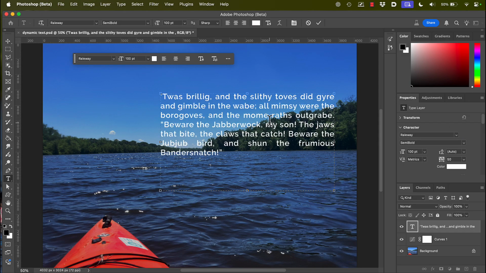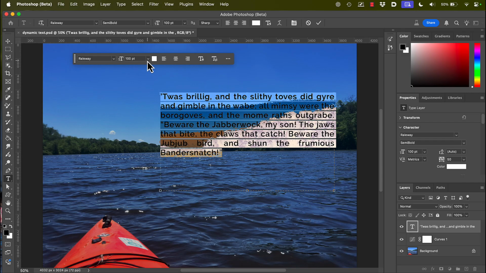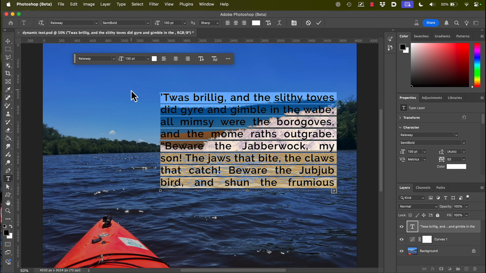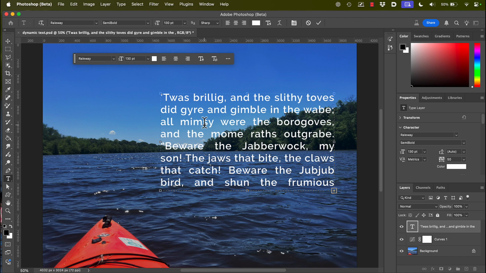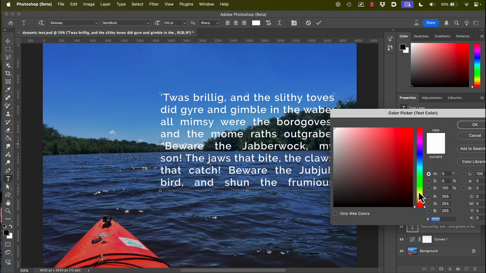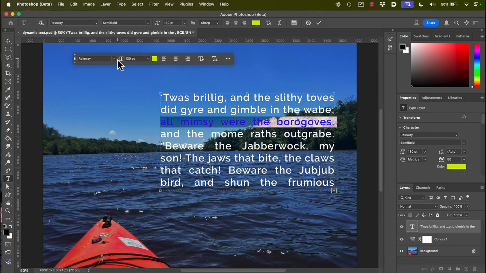And now let me go and apply some formatting. So first thing I'll do is maybe I'll select it again. I'll make it a little bigger. Let's say I'll make that 130 points. And maybe let's put a different color on that line, maybe change the size. So I'll take just that text, and maybe I'll make it yellow, and maybe I'll make it bold while we're at it. So right now it's semi-bold. I'll make it regular old bold.